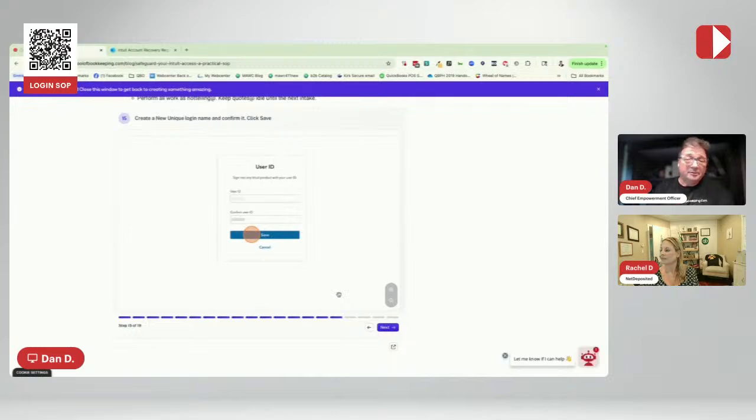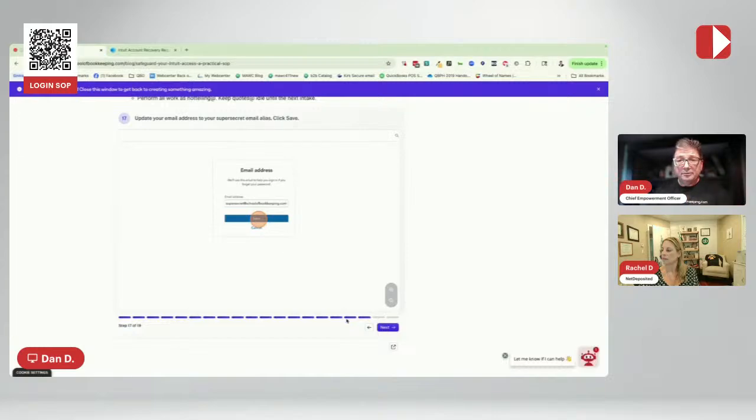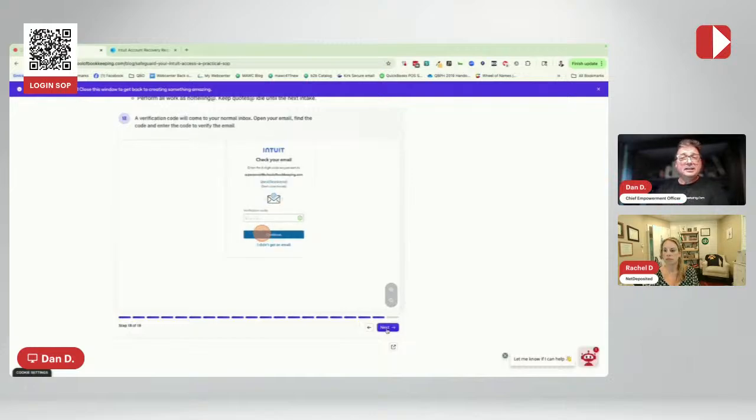It can be an email address, but it's not your real email address, because that's just the way you sign in. And then you would go in and update the email address to the alias that you just created that was super secret, right? So that way it's now going to have that email address for communications, right? Which is not your real email address, right? So that's the thing. Which means that anytime any of these bad actors happen to get a hold of that and try to do these things, you're going to get notified, and you're going to get notified on your real email address, right?